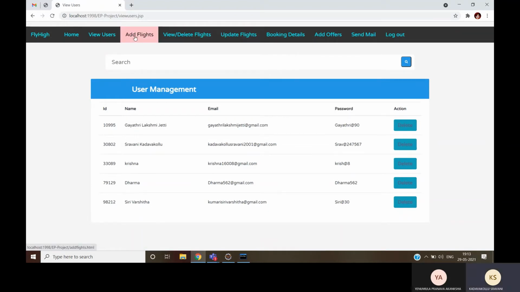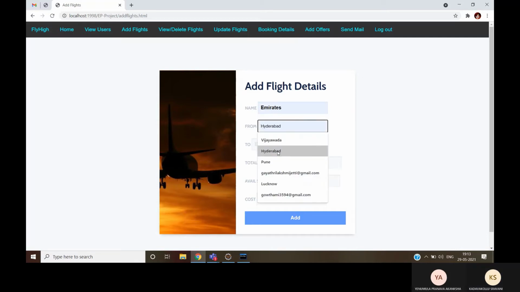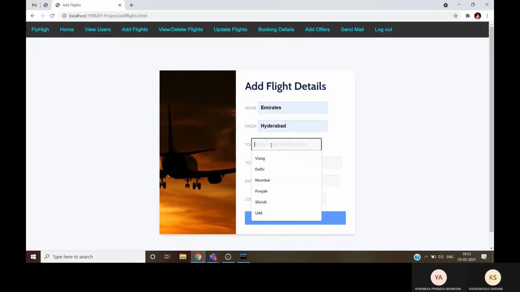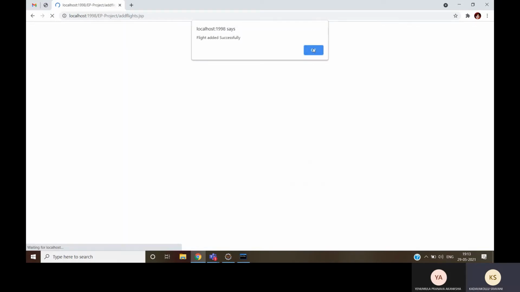Next we will go for add flights. Here we can add the flights. When I click on add, the details are added into the database.